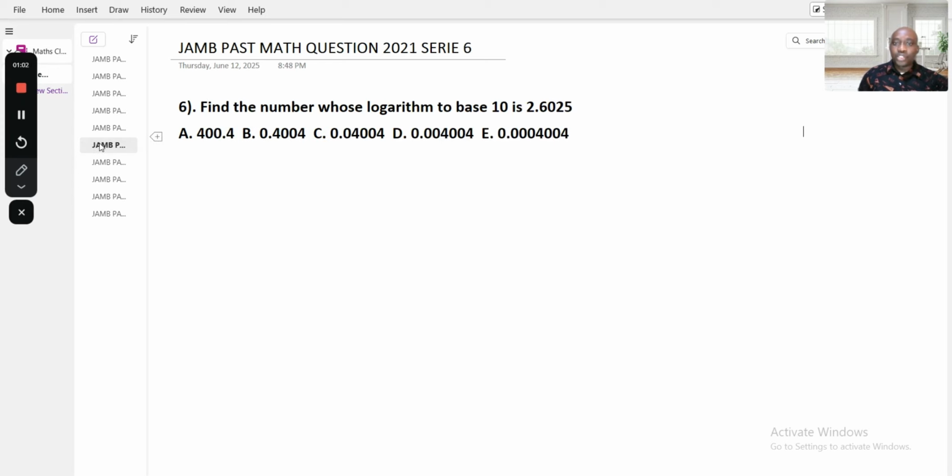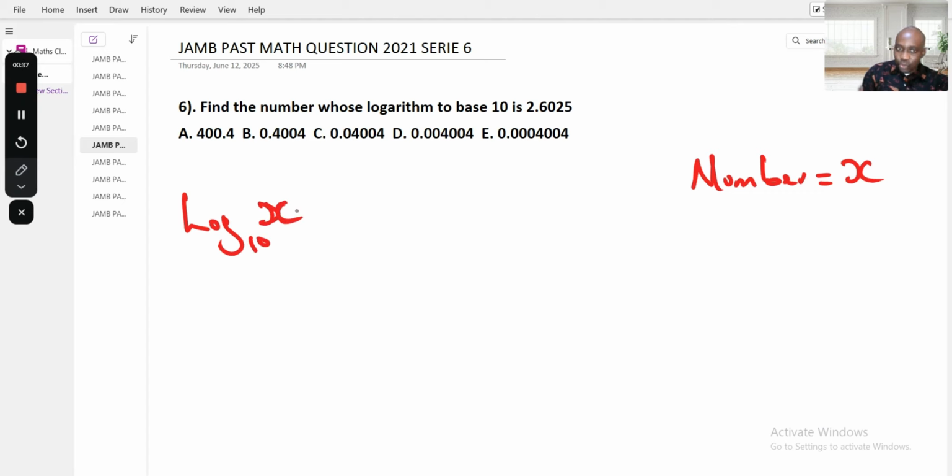Find the number which logarithm to base 10 is 2.6025. Now, if you want to look for this one, find the number. What is the number they are asking us to find? Let me write out the number. The number is unknown, isn't it? Let's assume that the number is x. Therefore, log 10 raised power x that we don't know, the number that gives us the final answer of